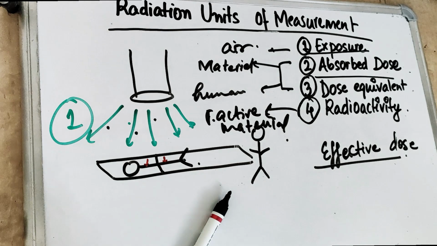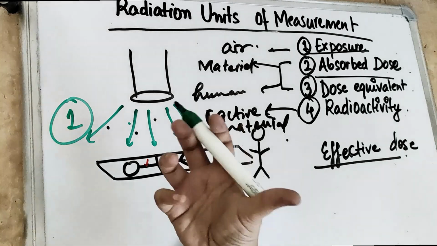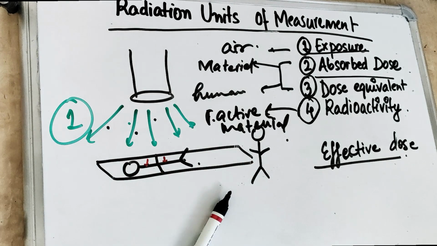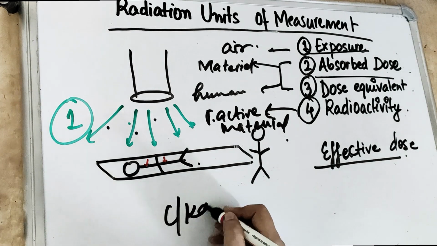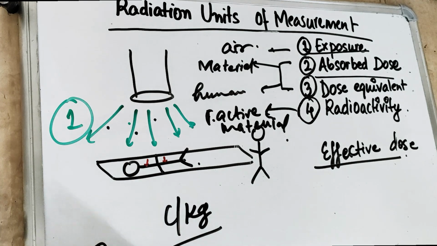If we see the definition of exposure, it is the measurement of the radiation quantity. So we are measuring the quantity of the radiation which is present in the air. It is the capacity of the radiation to ionize the air. We know that after the ionization there is a radiation. We are going to study the measurement later on, but still I'll tell you that the SI unit for exposure is coulombs per kg, and the traditional unit is Roentgen.